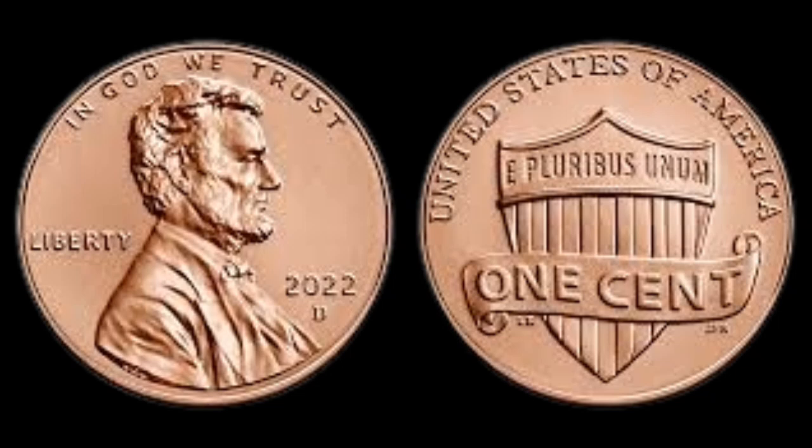And in this case, elements of the Union Shield can be faintly seen on Lincoln's chest and jawline, overlapping like phantom images from another dimension. All these physical anomalies are visible to the naked eye but were later confirmed by scanning electron microscopes and high-resolution imaging, revealing even deeper layers of errors, such as planchet striations and lamination cracks where the coin surface is flaking or peeling due to impurity or improper bonding of metals during the rolling process,